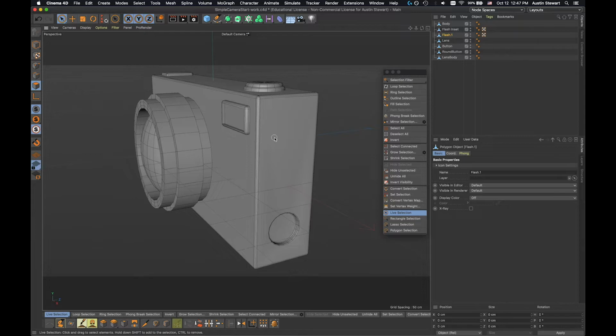Okay, so one of the things I want you to note is I've intentionally deleted all of the little checkerboard tag, which is called a UVW tag, from the things that I created. However, whenever you create new geometry, especially if you make it editable, it automatically creates a UVW tag for that object,